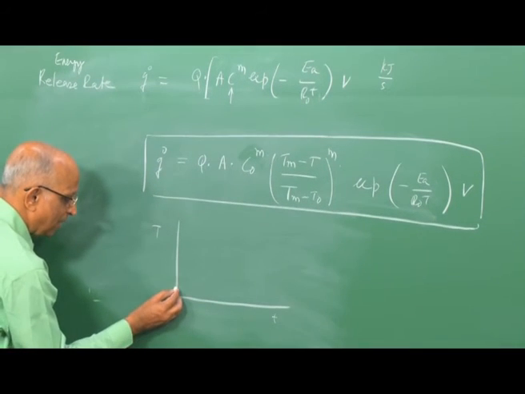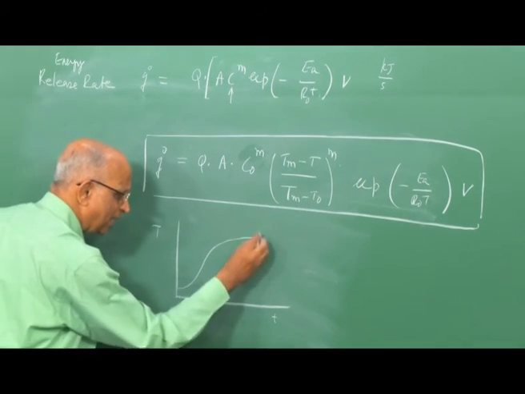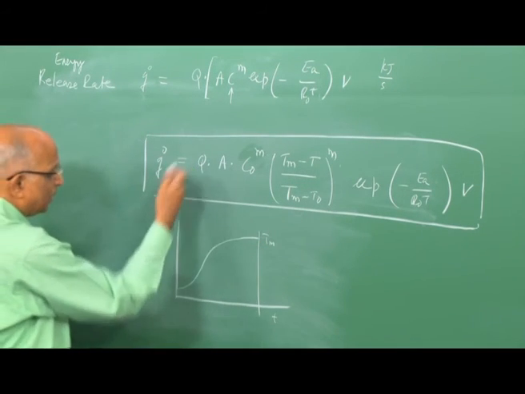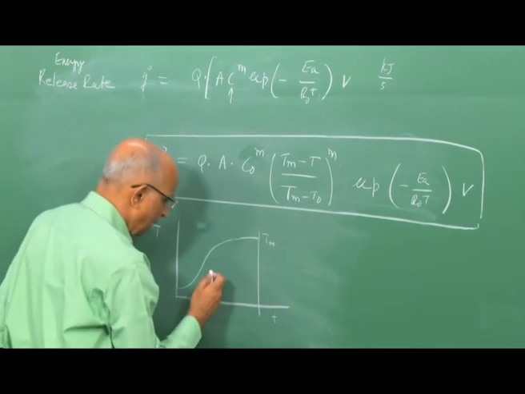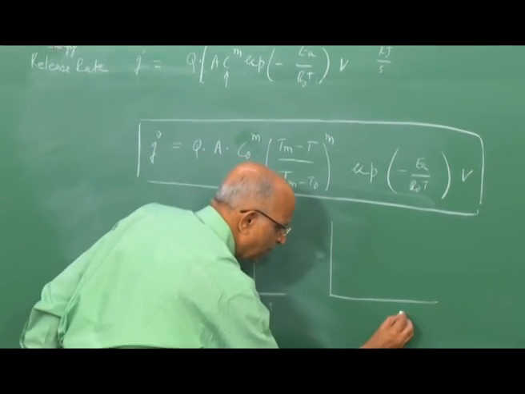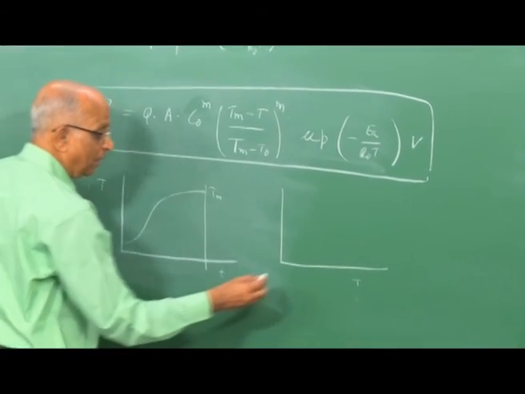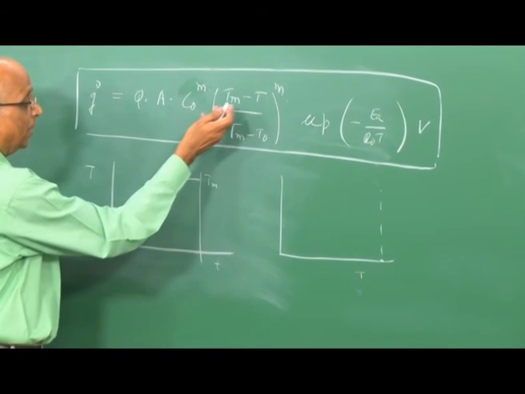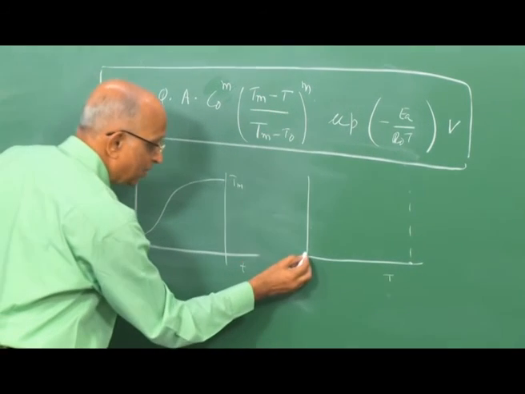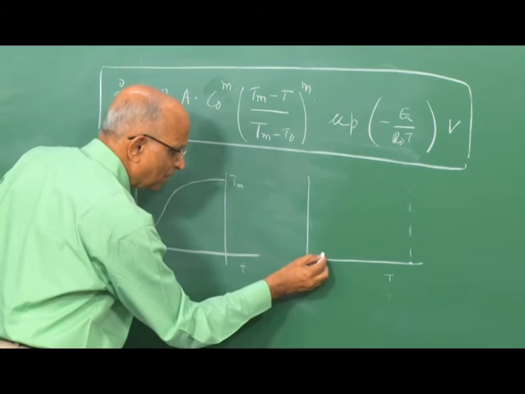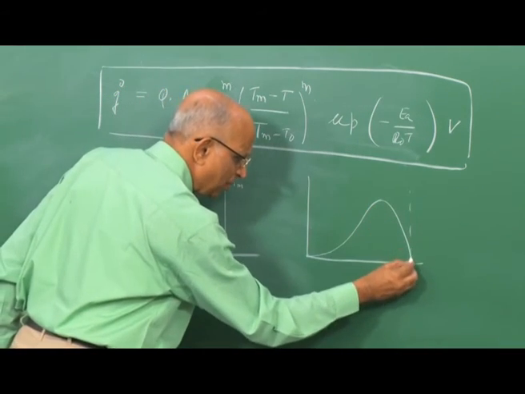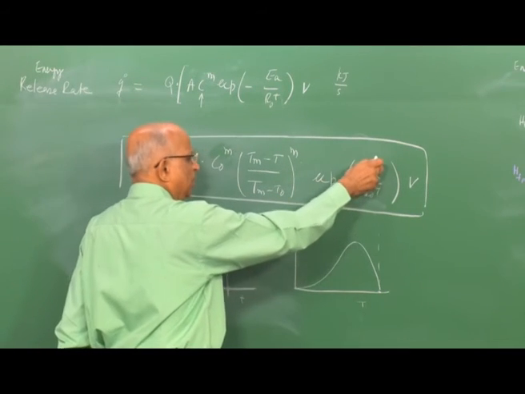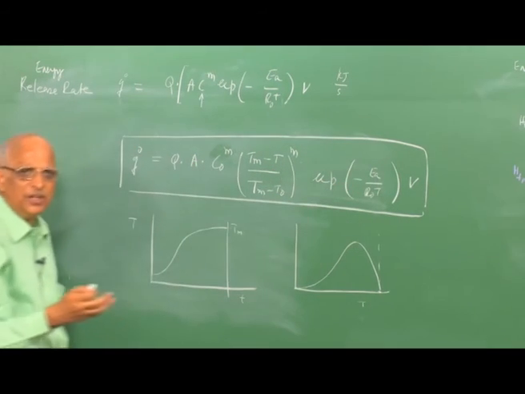That means the reaction will get started and go like this. When the reaction is over, I get the value of Tm. Let us therefore plot this as a function of T. If I plot it as a function of T, what do I get? When the value is Tm, it comes to 0. Initially, when T is small, the reaction rate is 0, and therefore the reaction goes like this and comes back and comes over here.